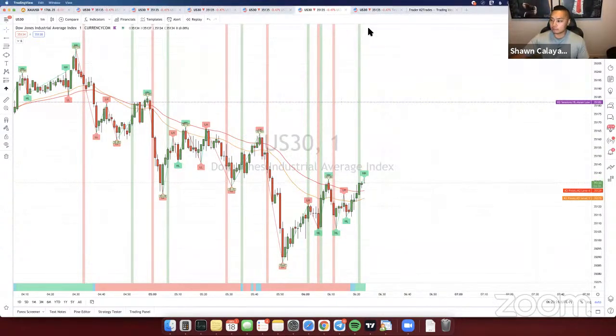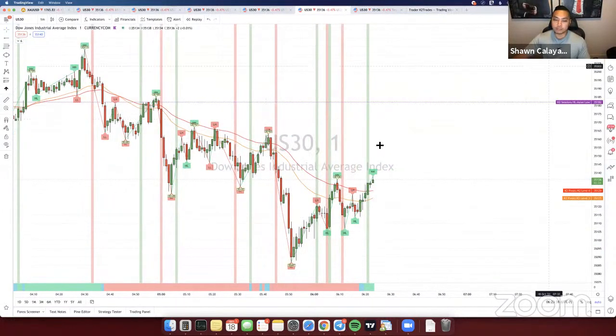All right, so looking over here at US 30, the first thing we're going to do is identify what the technical bias is, because the market isn't open yet. So we'll check what the technicals are. Then when the market opens in 7 minutes, we'll look at the fundamentals. After that, we can take a look at the retail sentiment to see where everyone's trading this morning. I think it has a heavy bias right now to kick off the trading week. That's going to help us a lot in trying to figure out which direction we want to trade in